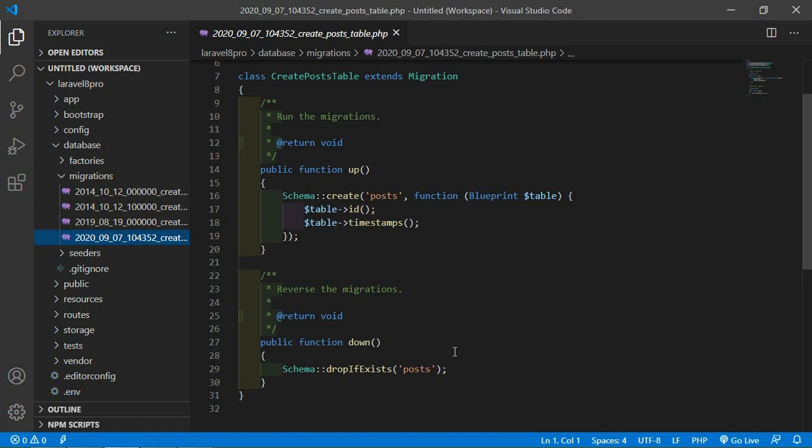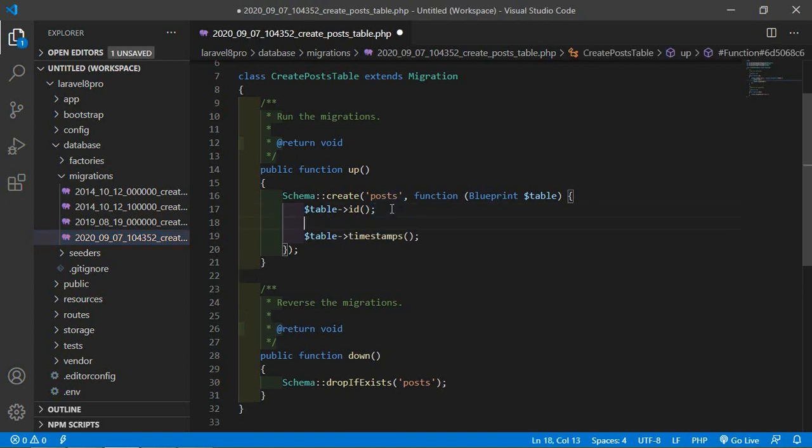Alright, inside the up function, this is the id column, which is by default auto increment, and its data type is big int. Alright, and this is timestamps, which creates two columns, created_at and updated_at. Now add some columns here.